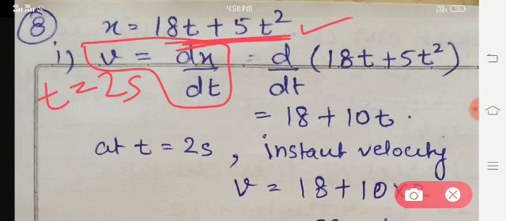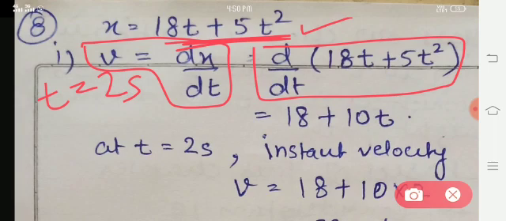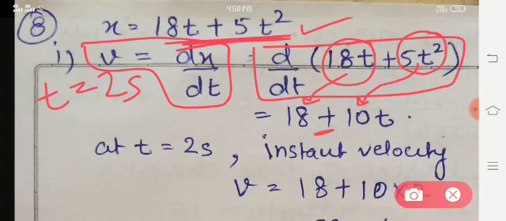Now taking this derivative, d upon dt, you simply find the derivative of 18t, and this will result in 18. Similarly, after finding the derivative for 5t square, you simply put these two derivative values in addition form, directly as given by the rule that I have already explained to you in the previous video.